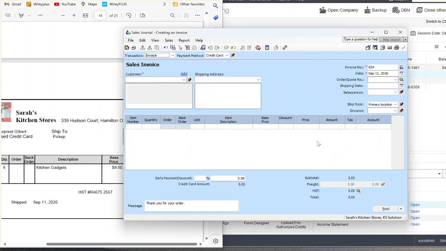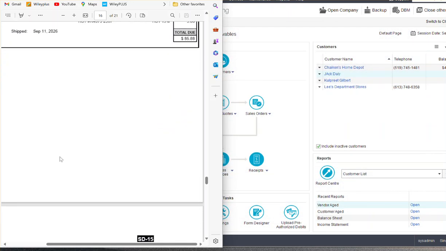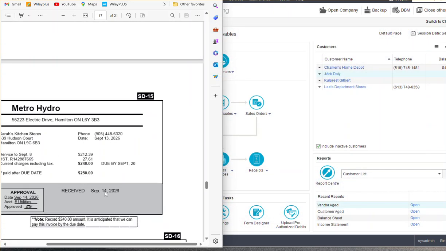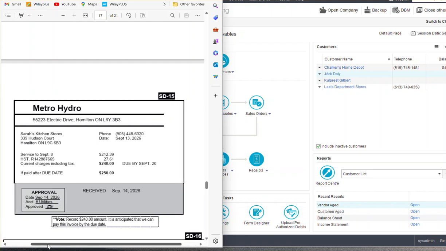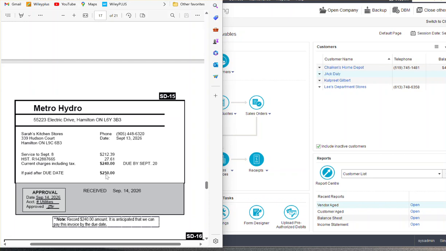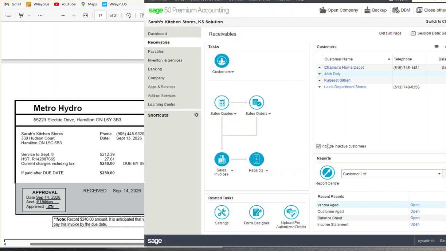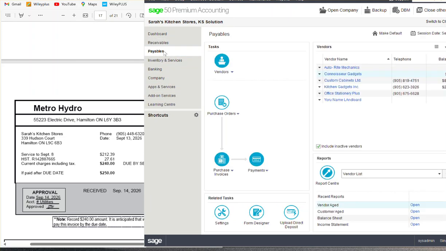The next one, I will have to see if I have to advance a date. They said that it's September 14. The invoice date is September 13. They said we have to pay by September 20th, otherwise we have to make a late payment. So first it's a payable because we have